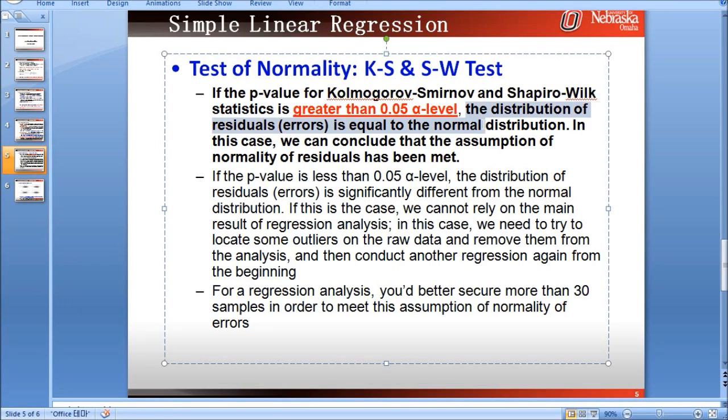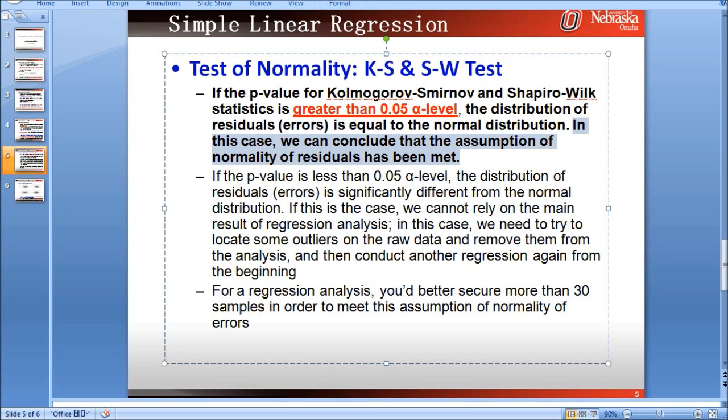Then the distribution of residuals, or distribution of errors, is equal to the normal distribution. In this case, we can conclude that the assumption of normality of residuals, or the assumption of normality of estimation errors, has been satisfied.